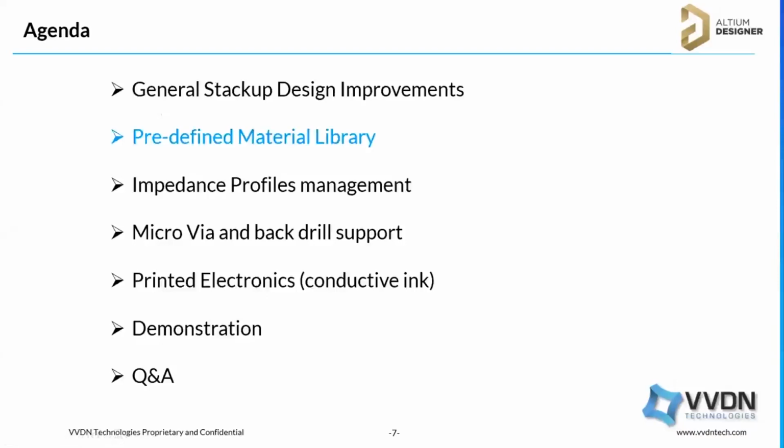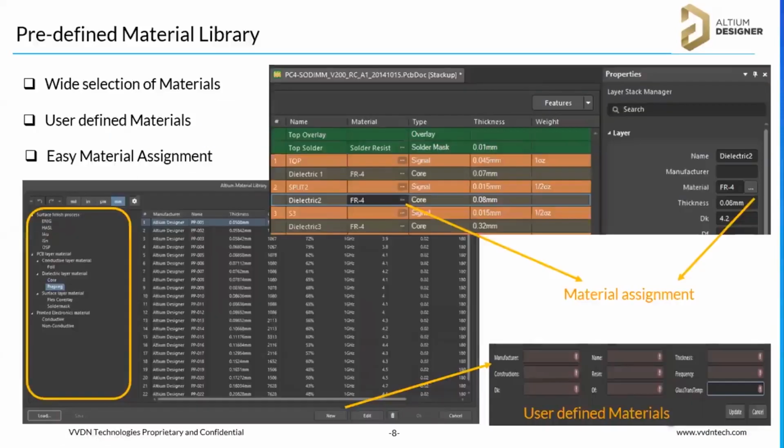And a predefined material library. If you are defining the stack up, generally we used to mention the values of the materials, thickness, and everything. But now you have a library, so you can define the library. By default, some material libraries are there. You can select those materials. And if you want to add some materials as a user defined material, you can see.